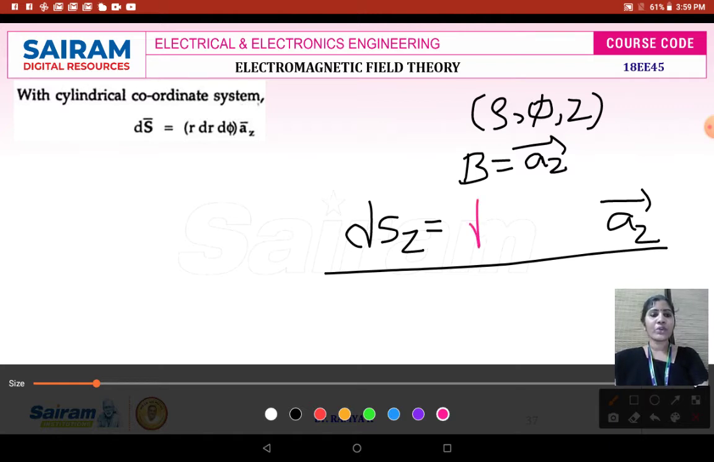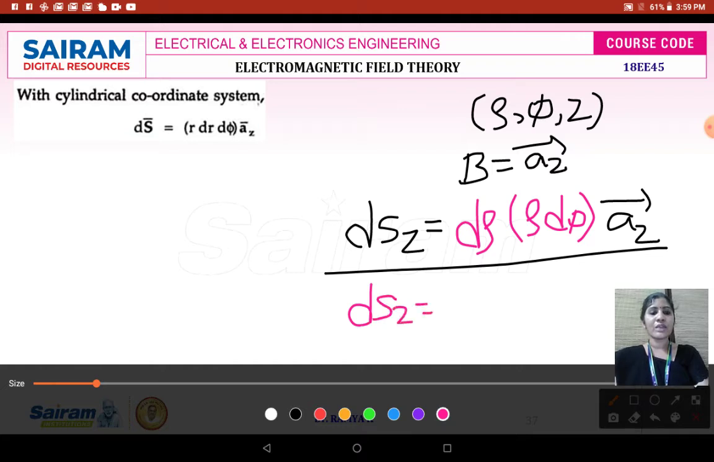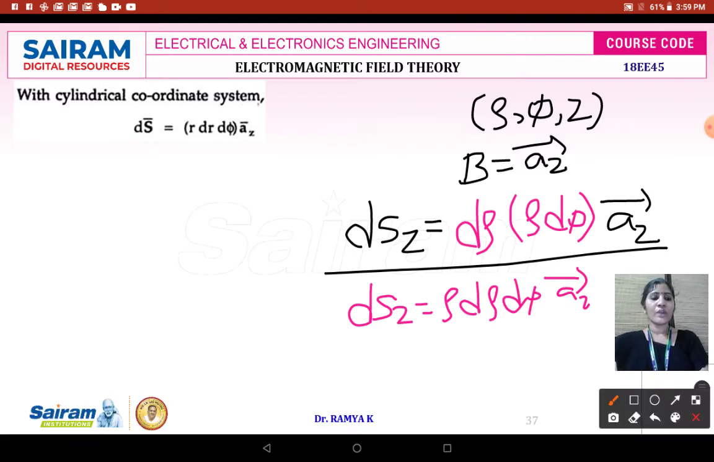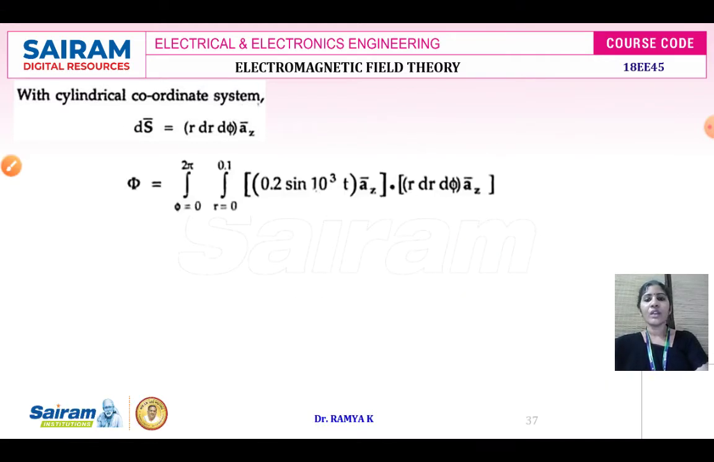Rho varies with respect to rho, meaning d rho. The phi varies all along the rho axis, so rho into d phi. Therefore, the differential surface area along the z-axis can be written as dsz is equal to rho d rho d phi Az. Now, when you substitute it in the equation, you will get phi is